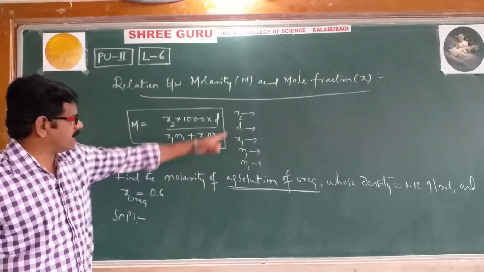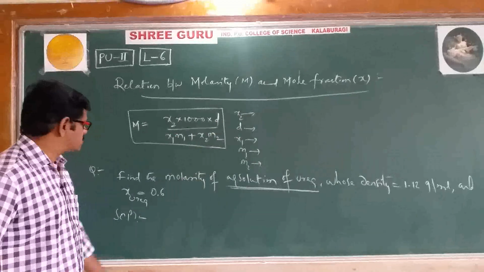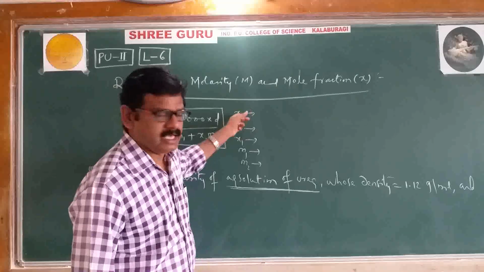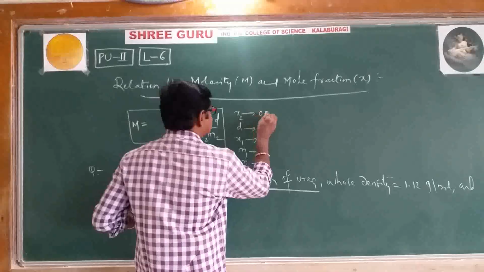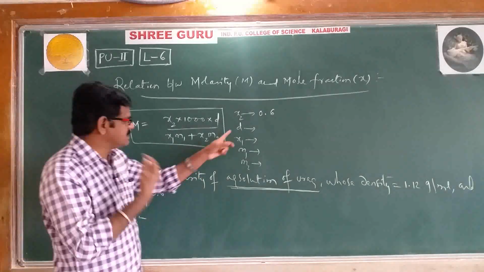First, we will write the information. I'll write here only. X2 value. What is X2? X2 is nothing but the mole fraction of solute. Here, what is a solute? Urea itself is the solute. That's why X2 is 0.6, directly we can write. Right. Next, density is already given,